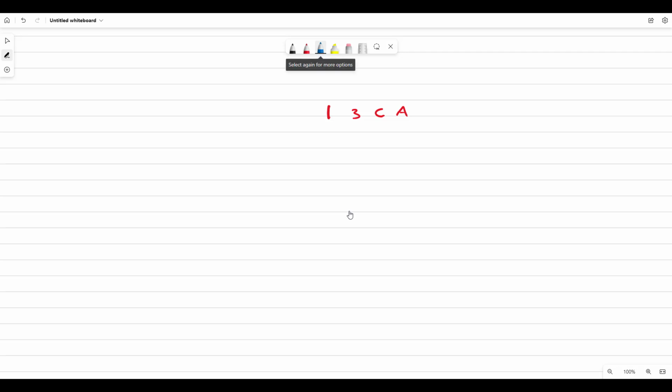So we have 16 to the power of 0, which is 1, 16 to the power of 1, 16, 16 to the power of 2, 256, and 16 to the power of 3, which is 4096. Now we add the corresponding value to A, which is 10 times 1, plus the corresponding value to C, which is 12 times 16, plus 3 times